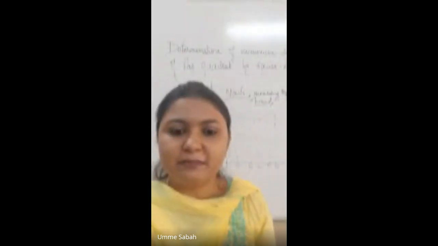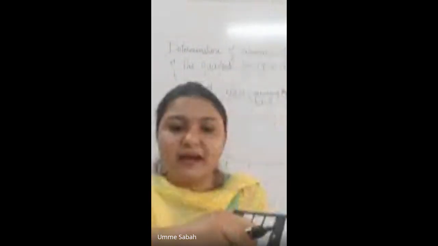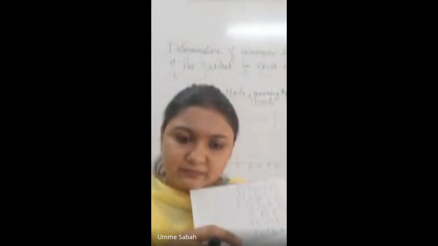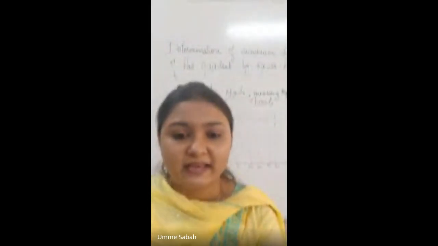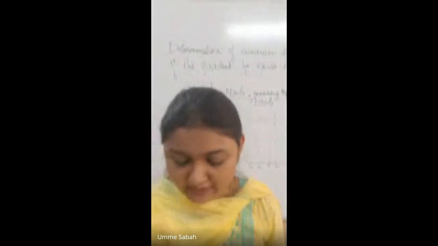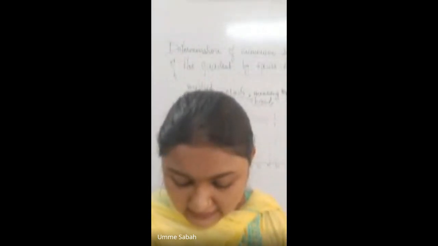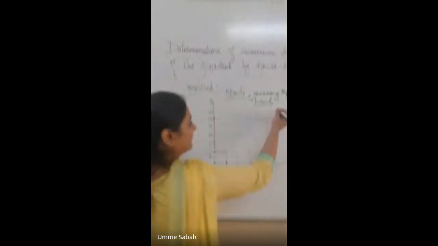For example, this is my register. I don't know one particular plant species. I'll open the first page of my register. I'll place that particular plant species and name it as A. Then I'll turn the page and place the plant B. Then I'll turn and place the plant C. Likewise, I'll be collecting the plants and placing them in my register so that when I come back to my laboratory, with the help of Flora Digest, I can understand which particular species they were. Clear? So the other requirement is a Flora Digest,